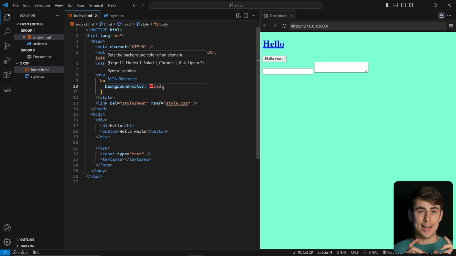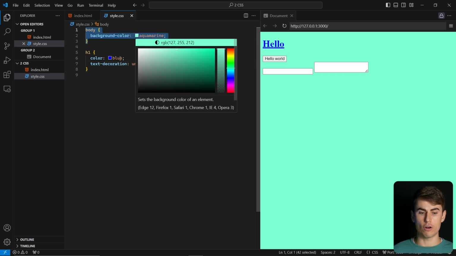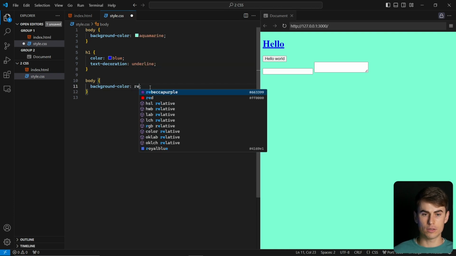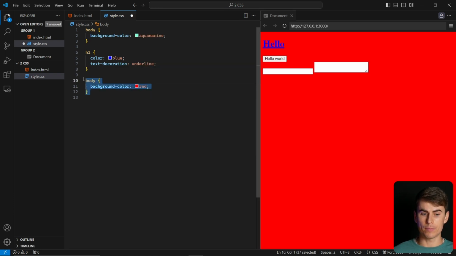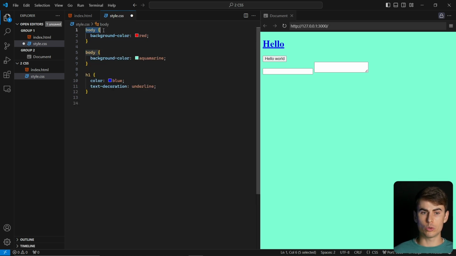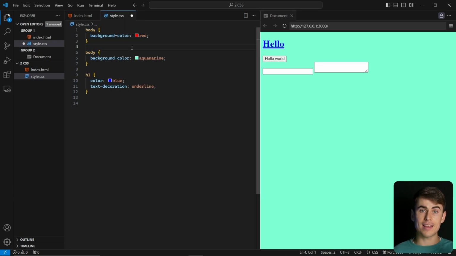Because the cascading in CSS stands for Cascading Style Sheet. Cascading is because it goes from the top to the bottom. So if here we apply a background color of aquamarine, and here we apply a background color of red, it applies the one at the bottom. Okay, so if this red one, we put it on the top, if there are two properties applying different values to the same element, the one that is at the bottom is the one that is being used,